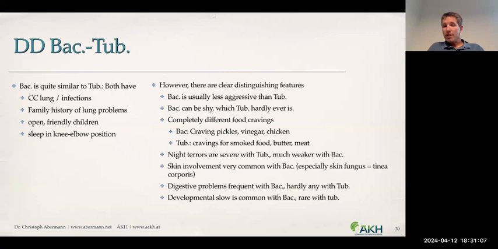And there's one more specialty within bacillinum, which is the developmental problem. And that can be everything, like starting to walk late, starting to teethe late, or starting to talk late, as we had in this patient. And bacillinum usually has a lot of mucus, whereas tuberculinum has more of the dry asthmatic problems.